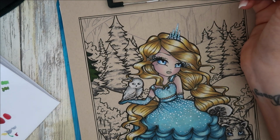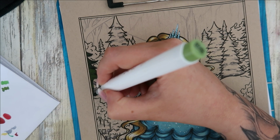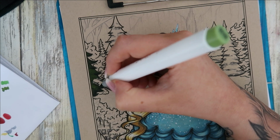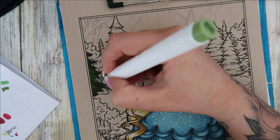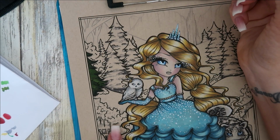So it's not working too bad. It'll pop even more when I've put the white over the top. Maybe I can work in sections and do the top half first, add the white, and then do the bottom, because I think I'm going to need to add some white as well around the bottom area where all these